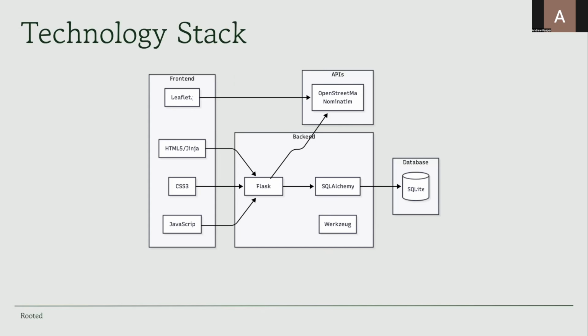As mentioned, we use SQLite as our database, which is perfect for our scale as it provides ACID compliance and can easily migrate to PostgreSQL or MySQL as we hypothetically grow without changing our code base, thanks to the SQLAlchemy abstraction layer. Next, for our external APIs, we integrate with OpenStreetMap's Nominatim service for geocoding, converting addresses to coordinates